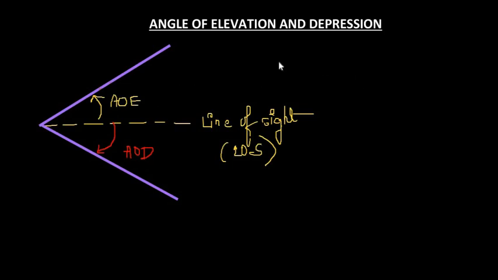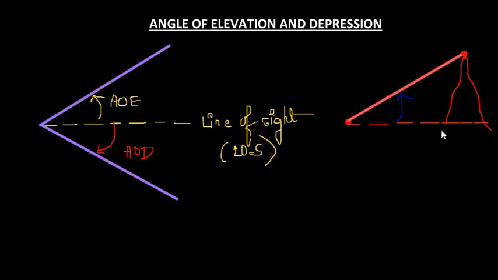Now let me give you another case where a person is standing on the ground and there is a person who is standing on a mountain. For example, this is a mountain and the person is standing over here. Now in this case, the person standing on the ground, let me take it this way, and he looks on top. That is, he is making an angle of elevation with respect to the line of sight, because this is his line of sight. So this becomes the angle of elevation of the person on the ground with respect to the